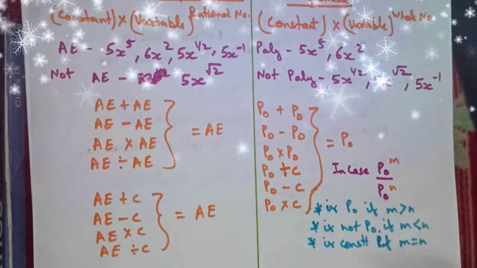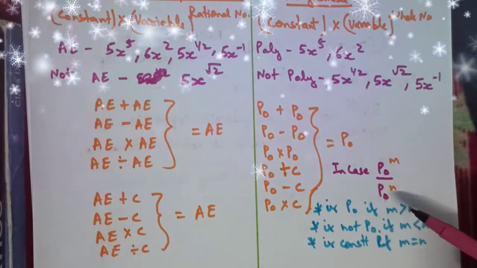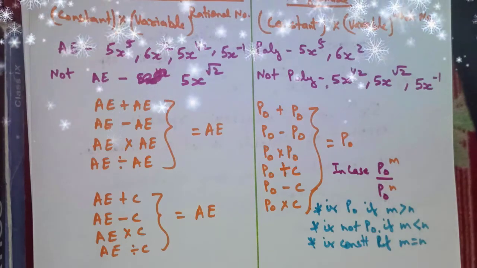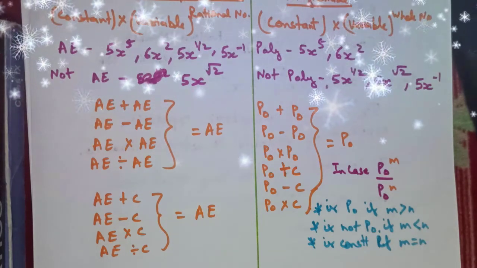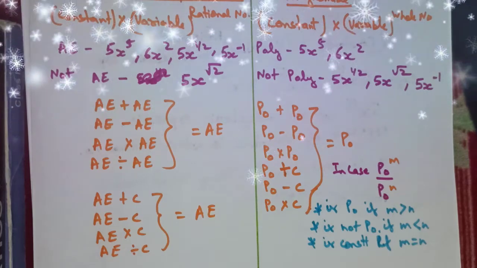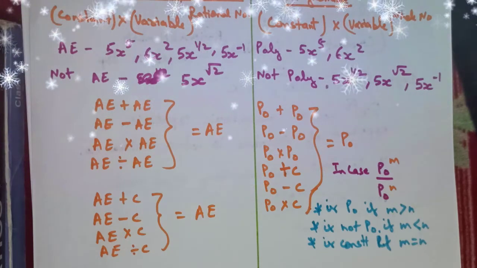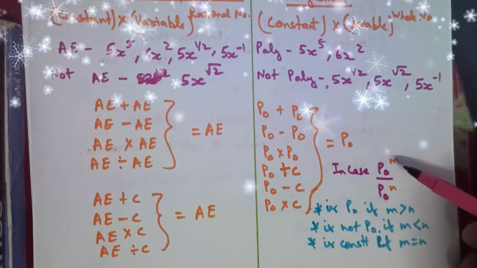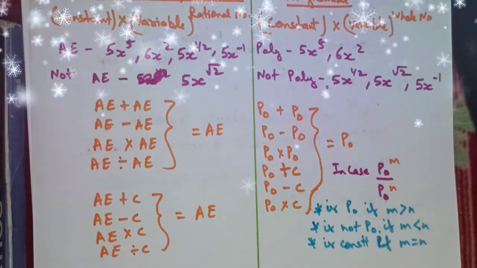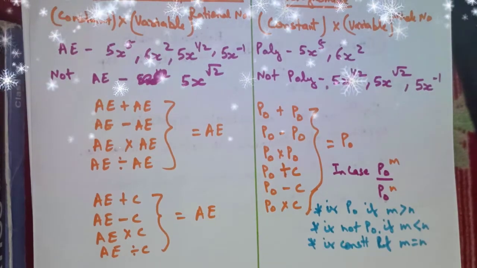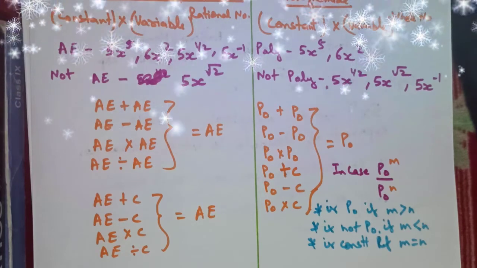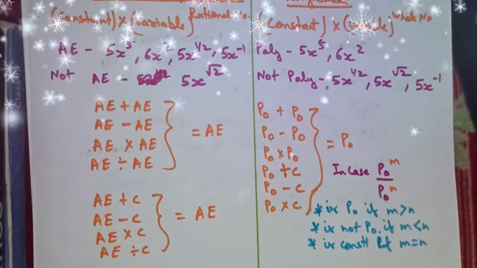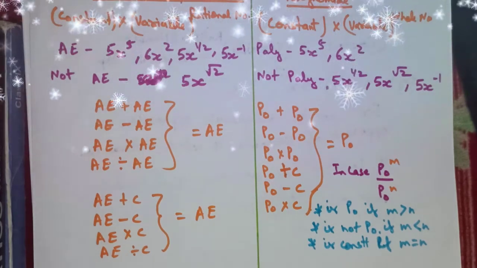For example, m is 2 and n is 3, then it will be x raised to the power 2 minus 3, that is x raised to the power minus 1. If the power is negative, that is not a whole number, so it is not a polynomial. It will be an algebraic expression, but it will not be a polynomial. And if the powers are the same, like x raised to the power 2 upon x raised to the power 2, that will cancel and equal 1. So that can be a constant polynomial, or you can say that it is a constant. I hope it is clear to you. These are all just basic things, so I am not discussing it in detail.